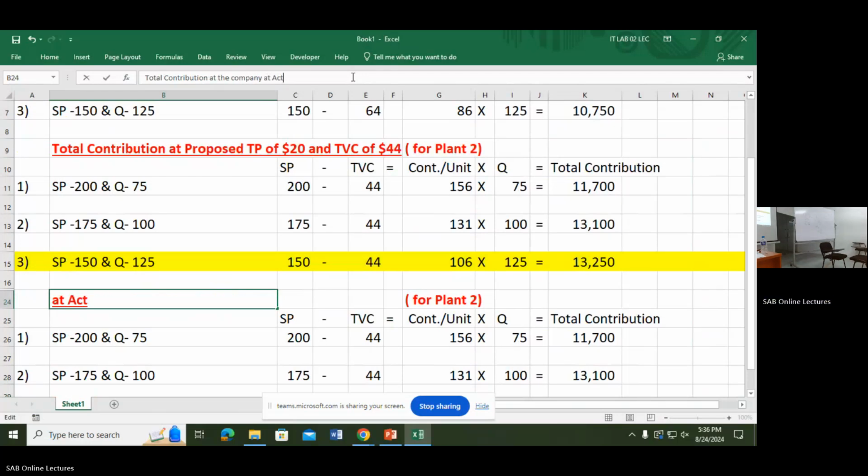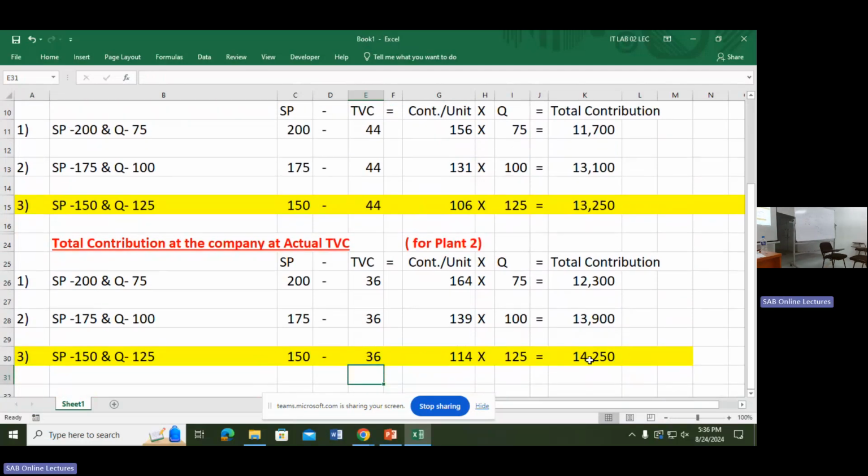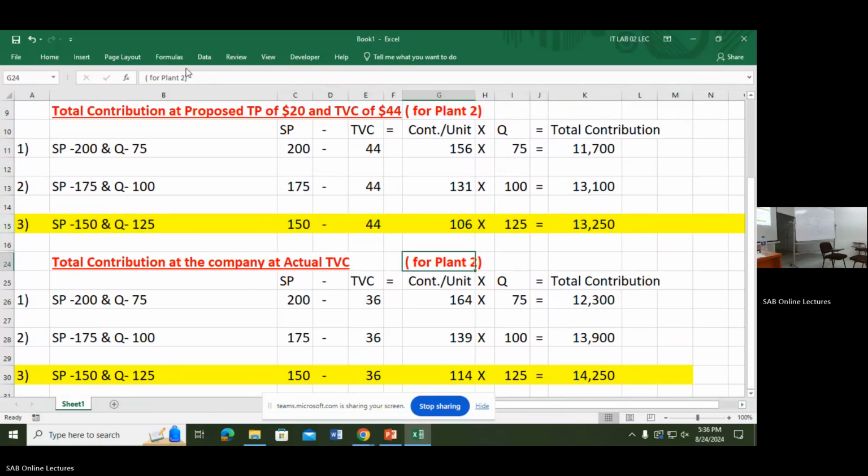The actual total variable cost is 12 plus 20, 36. So the actual contribution is highest in the third scenario. Now they are deciding based on whether it maximizes plant 2's contribution for the company. Plant 2 decides the selling price and accordingly the production quantity which maximize their contribution to plant 2. Now that is in line with the total contribution at actual. So you can say this proposed strategy is correct. But my point,